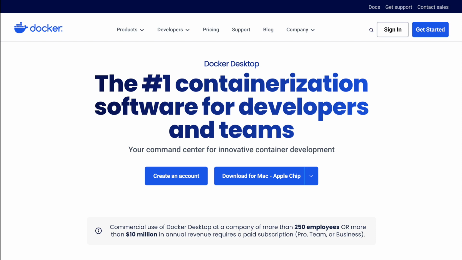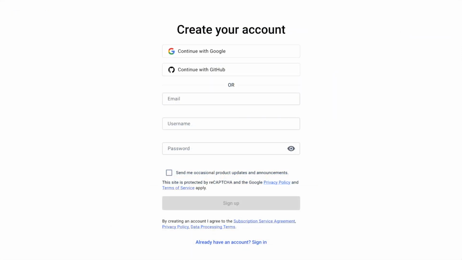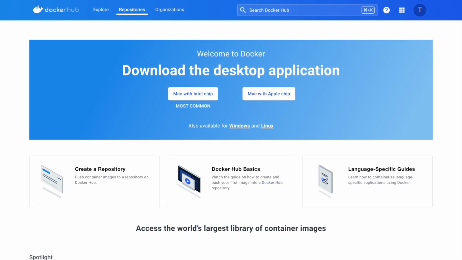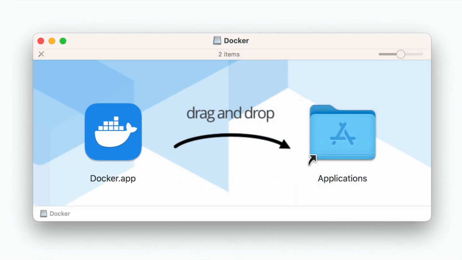While Docker is downloading, it's a great time to create your Docker ID. Click on Create an Account. Fill in your details to create your account. With a Docker ID, you'll be able to pull and push images to Docker Hub, access official repositories, and more. And there we go. Once Docker is installed and you have your Docker ID, you're all set to start containerizing